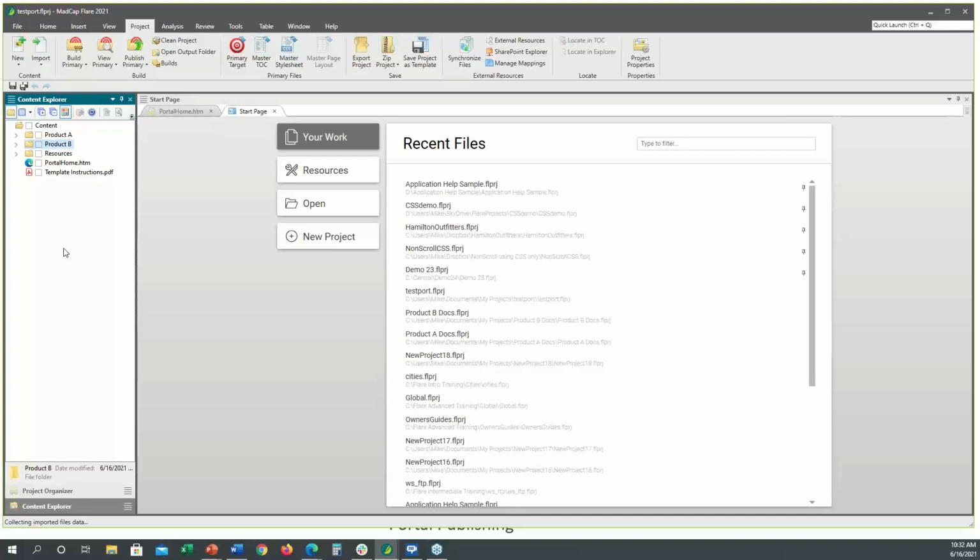Question just came in. What about things like conditions and variables? All right, that is something that the two teams would need to work together on,